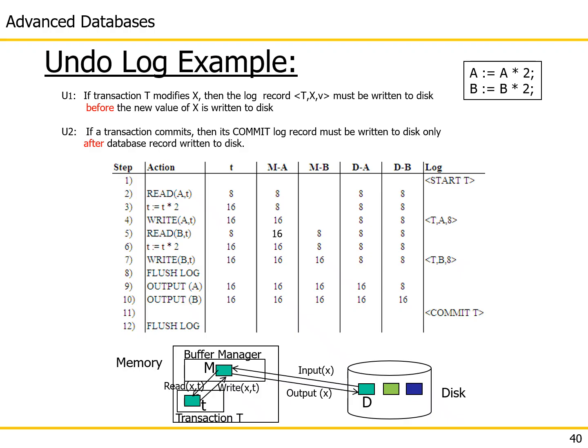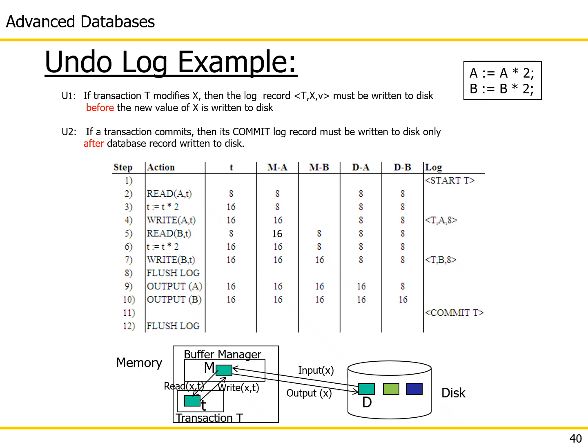That's why when the transaction issued a function call to the buffer manager, write A T, you see the log entry getting modified. Now you have at line number 4 there's an instruction that says transaction T is modifying A